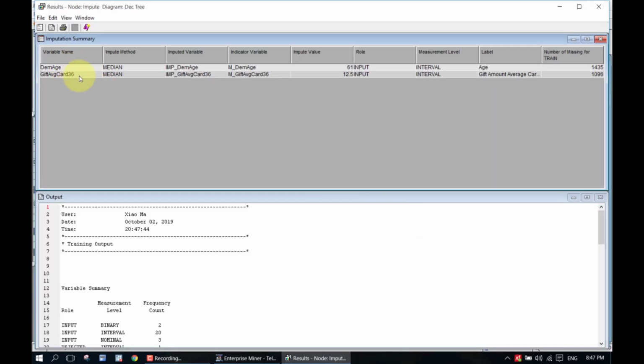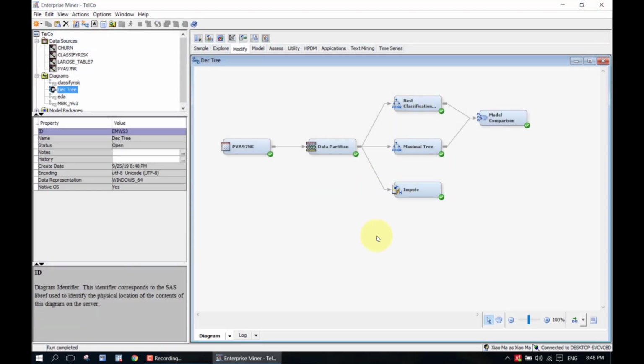Only 2 variables had missing values. After imputation, the original variables were rejected, right? And the new variable has this label. Both of them are interval variables, so the median was used to replace the missing. So that's the result. Then you also need to standardize, and standardization is in